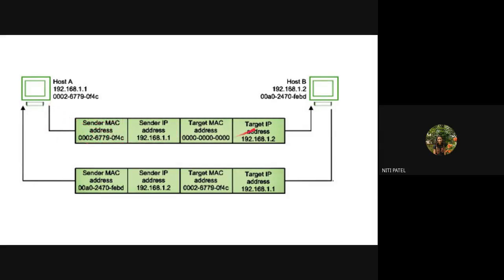When I'm sending the packet to the destination machine, the sender's IP address will not be there. If the host wants to know the IP address from which the sender has sent the packet, it will communicate with the RARP server. The RARP server will take the sender's MAC address, find out the IP address, and then tell the destination who the host was from which this packet was coming.